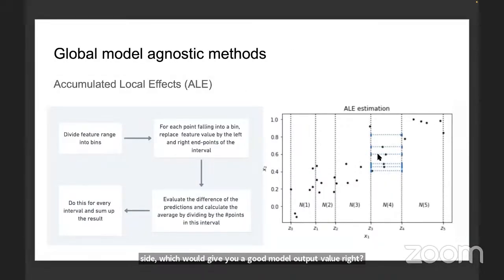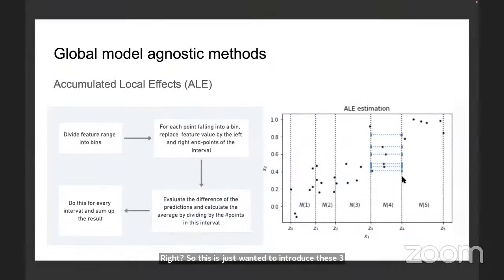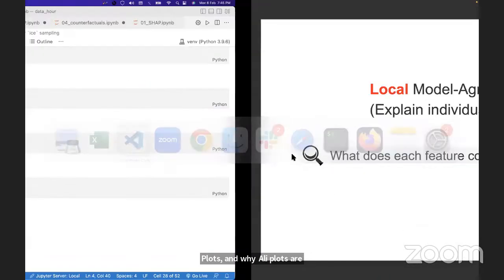So here it basically works on differences between the prediction if the end of the interval value was given as opposed to the start of the interval value. And what it does, it basically accumulates these differences. It starts taking the cumulative difference across the entire range, and that plot gives us a sense of how the model output varies with the feature value, right? So I just wanted to introduce these three curves because these are used in many places, and one should, I think, just be aware of what the lacunae of the PDP plots are and why ALE plots are used, right? So just going back to the notebook